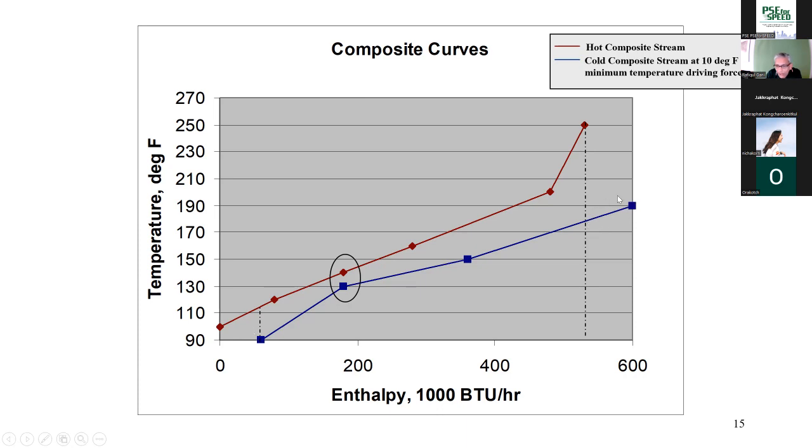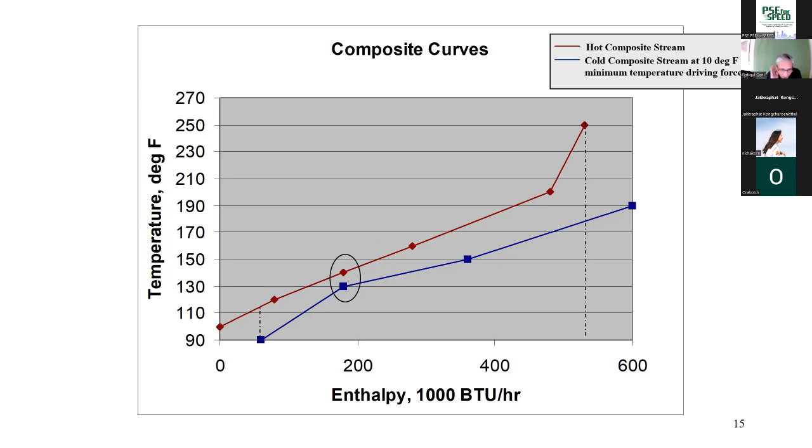We need at least this amount of energy to be added, this amount of energy to be removed, and everything else can be integrated. So we save energy, but there's something that needs to be added, there's something that needs to be removed. So that is the pinch technology. As I said, if we want to do the heat integration and optimization, and we want to use this method, we have to do it separately.